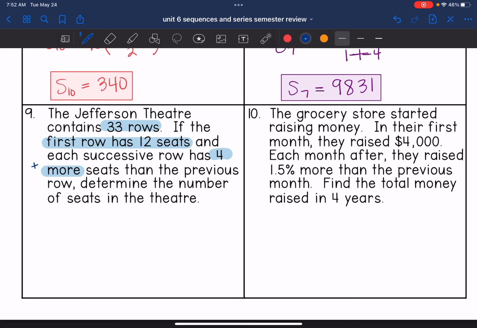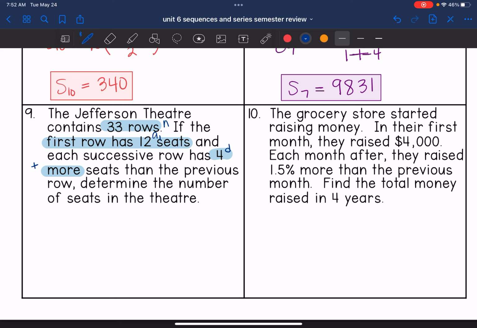33 rows, that is our n. The first row has 12 seats, so that's the first row. That has to be a sub 1. And then 4 more, that's the pattern, so that's d, our common difference. They want us to determine the number of seats in the theater, so the total, add up every single number